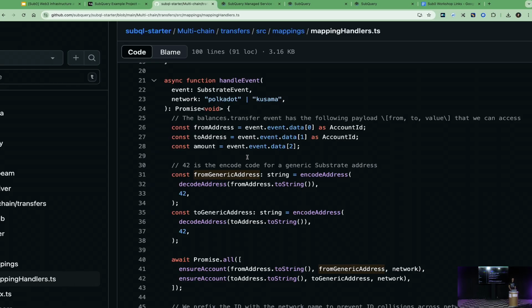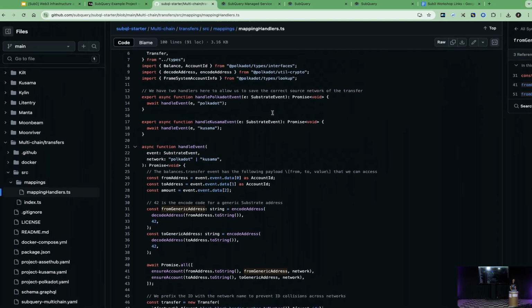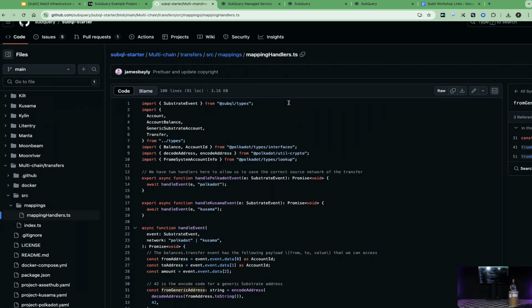Okay, and what would happen next is that we would spin up the indexer using the yarn dev command, just one command that will build all the application and spin up the Docker engine. And what you will be able to see if you then go to localhost 3000 is a GraphQL playground and see some results of the data query. So essentially, we want to execute a query from the database and get some answers. This is an experience that a developer will have at the end of this whole process.